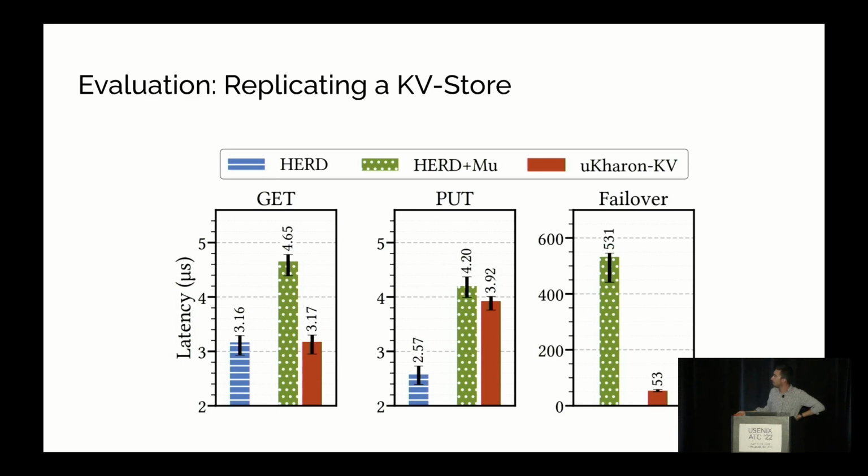What you can see is that for GET requests, we don't have much penalty between the version that is unreplicated of HERD and the one that uses Microsecond KB. The reason why is that, again, we're using the active method as described before, which has very low overhead. On the other hand, when you replicate the key value store using Mu, because it's doing state machine replication, it has to replicate the GET requests. So you will have a lot of overhead, and that's what you can see here.